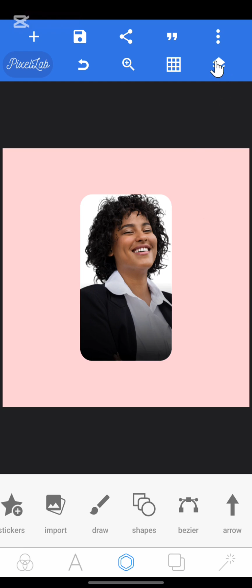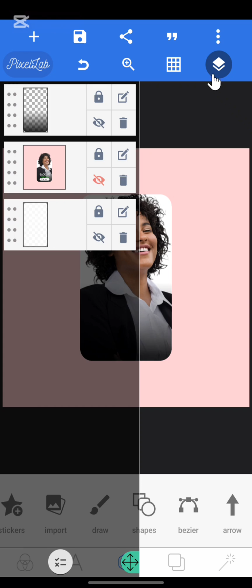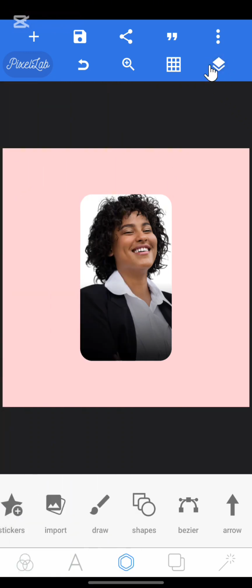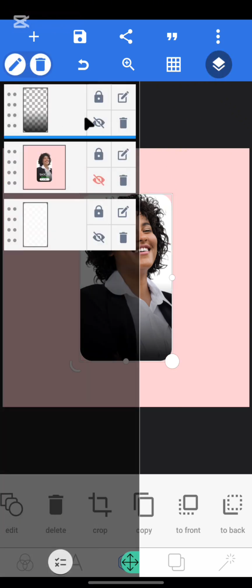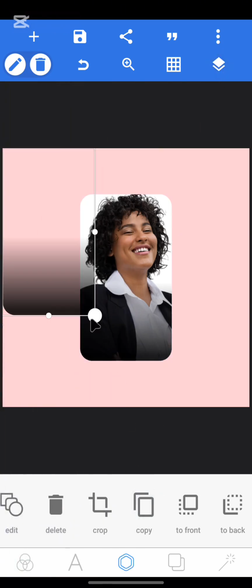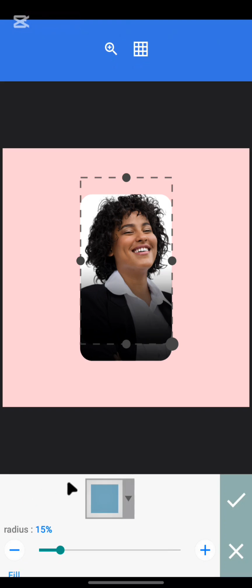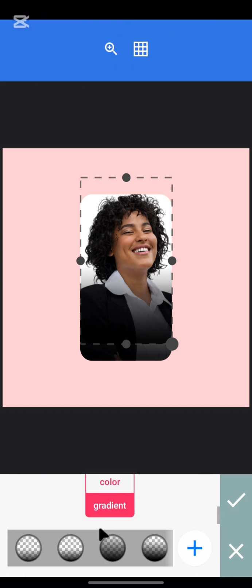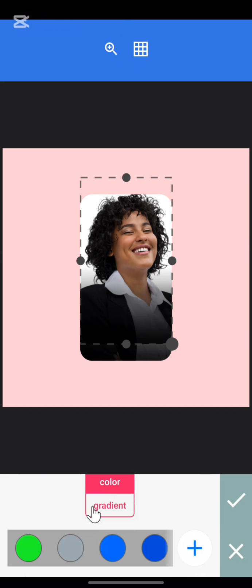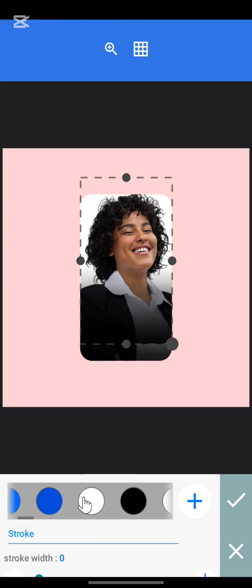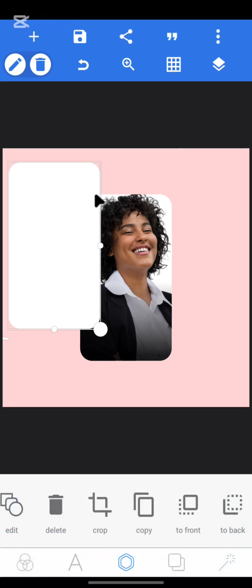Now our image here, the head popped out from that, from this. So for this one, I'm going to use this one again, copy this, and then I'll go back to edit, and then remove the gradient. What I would like to use now is just color. Now I like to use a white color to do that, and this is it. All right,